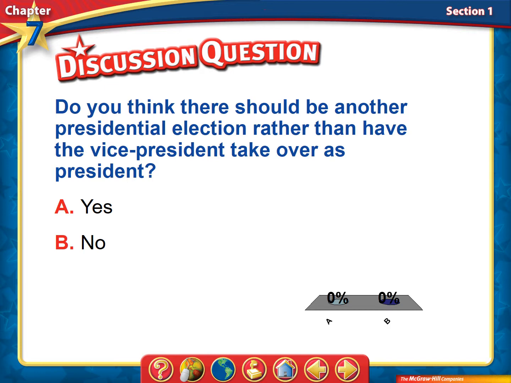Now, do you think there should be another presidential election instead of having a vice president? So that's another question that's been asked. When Lincoln died, Andrew Johnson, the vice president who assumed power, really made a mess of things and wound up getting impeached. And so there was the question of, should that be how it works? When Nixon resigned and Gerald Ford took over, he made a mess of things. Now, Lyndon Johnson went on to do a great job when he assumed the role for Kennedy, but there have been at least two or three,